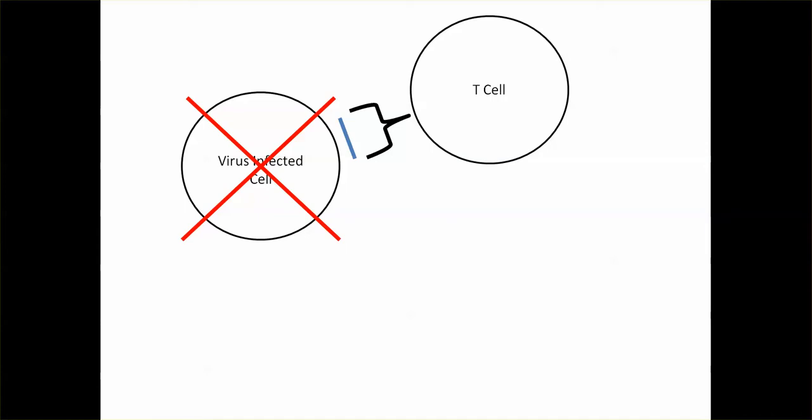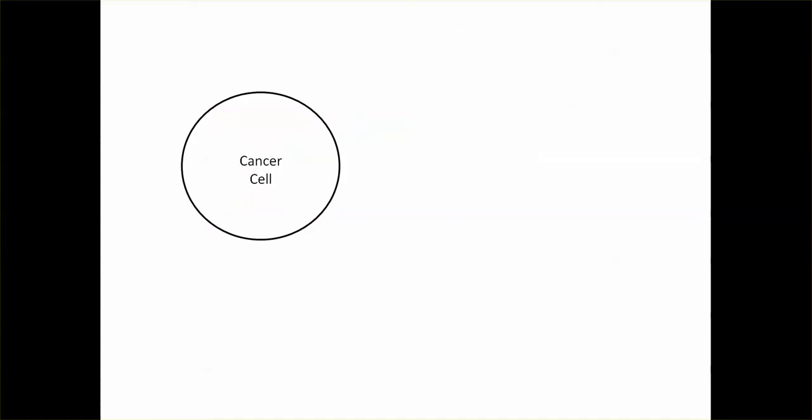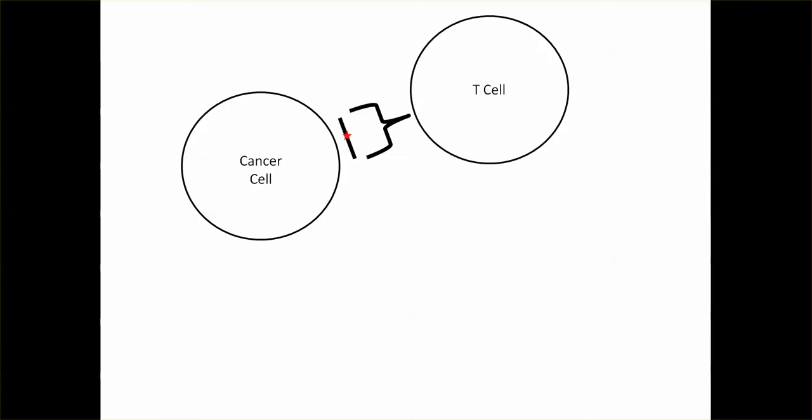Now, this is interesting for cancer biologists because you can have a cancer cell which will present a peptide which has a mutation in it, and then a T cell will come along and it might recognize that as a foreign viral protein and kill the cancer cell. So how do you find these neopeptides? Neoantigens. Well, first you just take your protein sequence, the protein which got mutated, you look for the mutation,